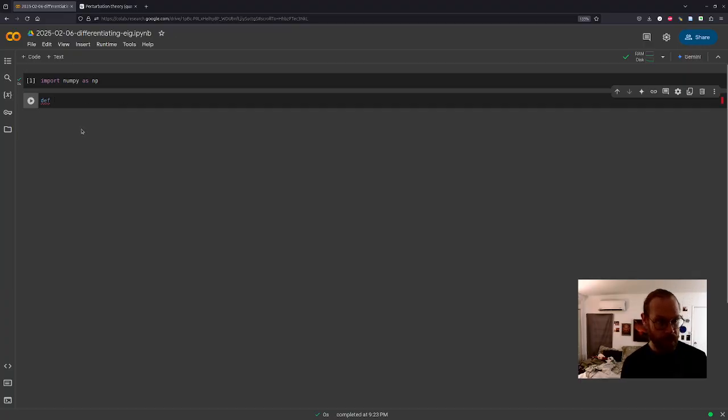So I want this method, I don't even know what I'm going to call this method. We're just going to call it diff eig. It's going to take a matrix.